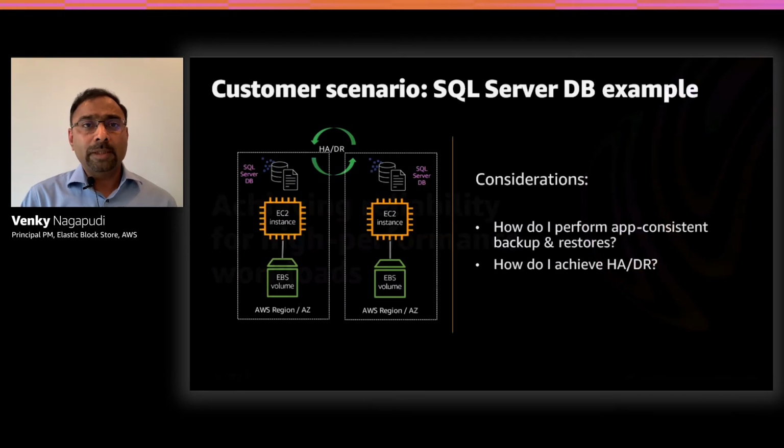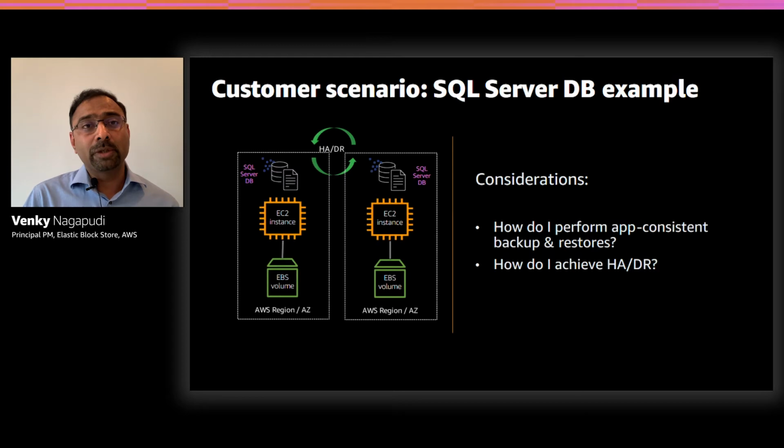If your database is a part of a business critical or a mission critical application, which needs to be always on so that you don't lose business continuity, then you need to have a second copy of your database running either in a remote availability zone or a different region, right? And the kind of parameters that you need to take into account when you design your high availability and disaster